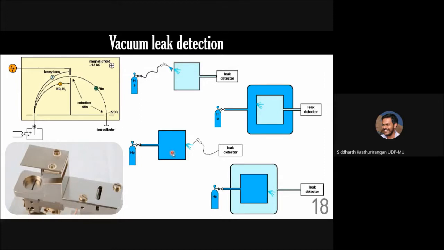Okay. So this is about leak detection. It's an extremely important phase. Each part of the accelerator is separately leak tested just to ensure that there are no leaks or there is no defect in any of the components. It's extremely important because without the vacuum, you cannot start the beam. So the vacuum is a primary prerequisite. One has to be careful about that.